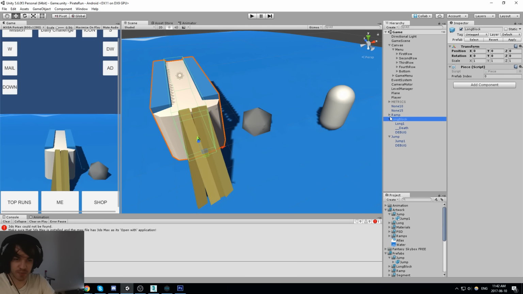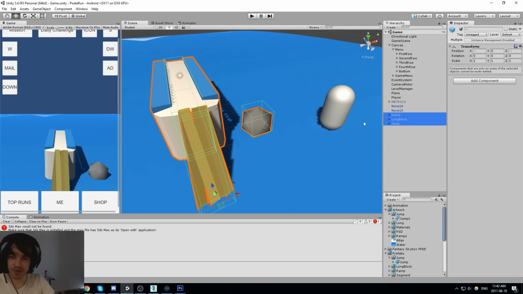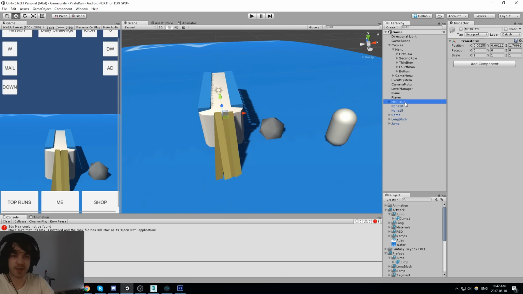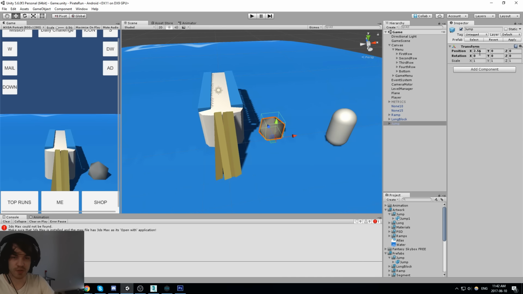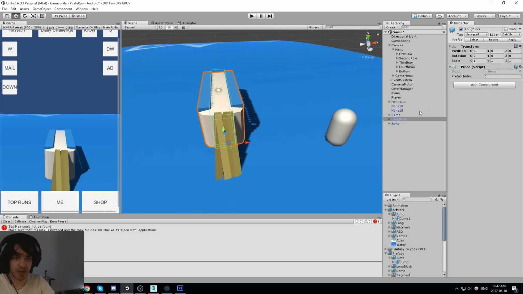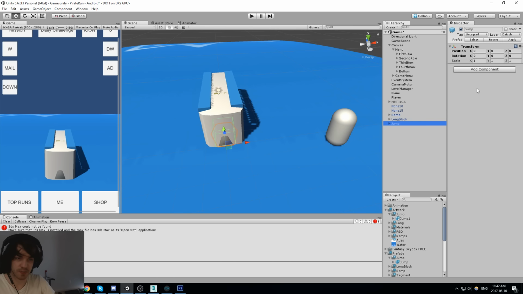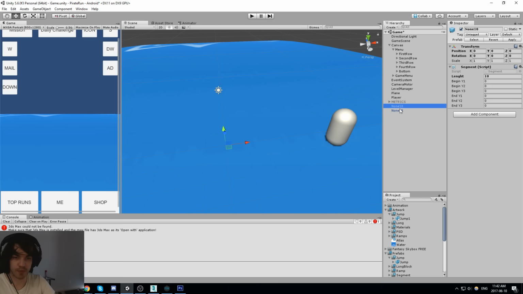Okay, so we have these three pieces. What I want to do right now is integrate them into what I currently have in the game. So I have to modify some prefabs. Let's go here, hit apply on this thing, hit apply on this thing. Everything has to be a piece. This one is a piece, this one is a piece, this one isn't a piece. Let's put one. Save, boom, boom, boom. That also works.